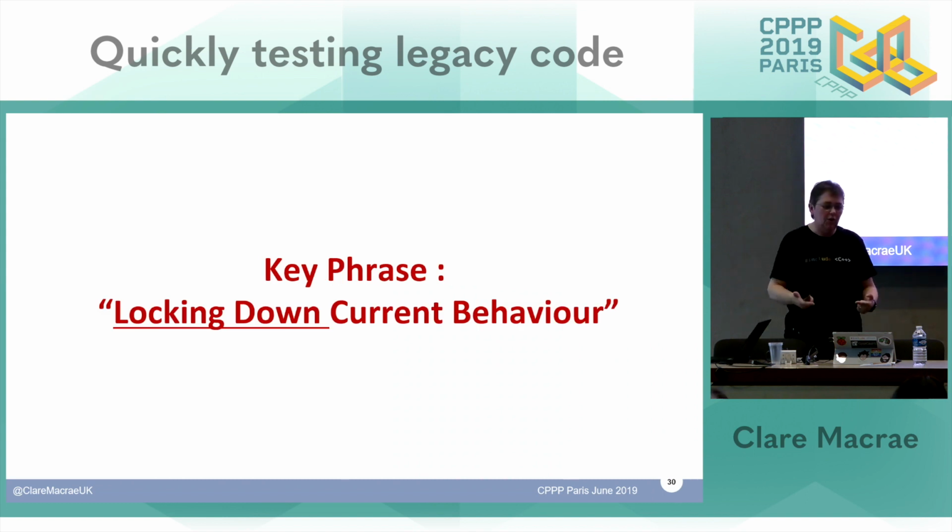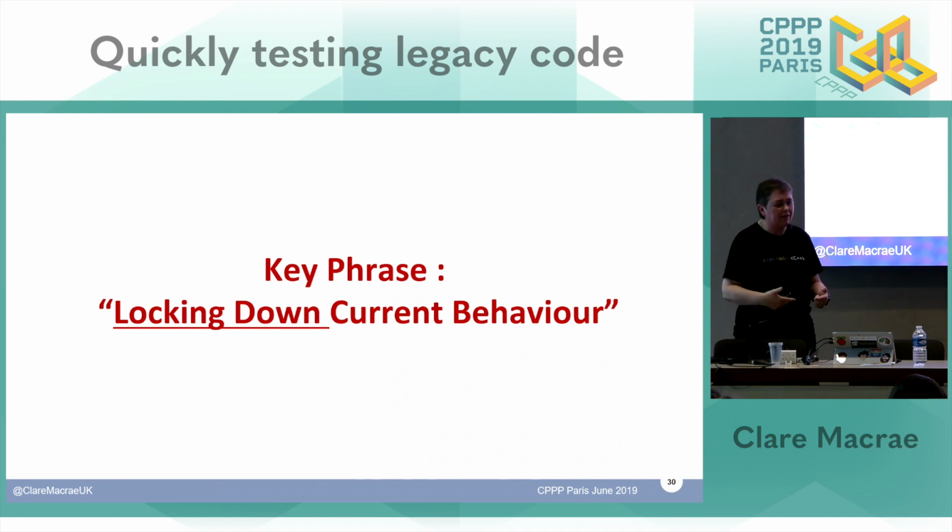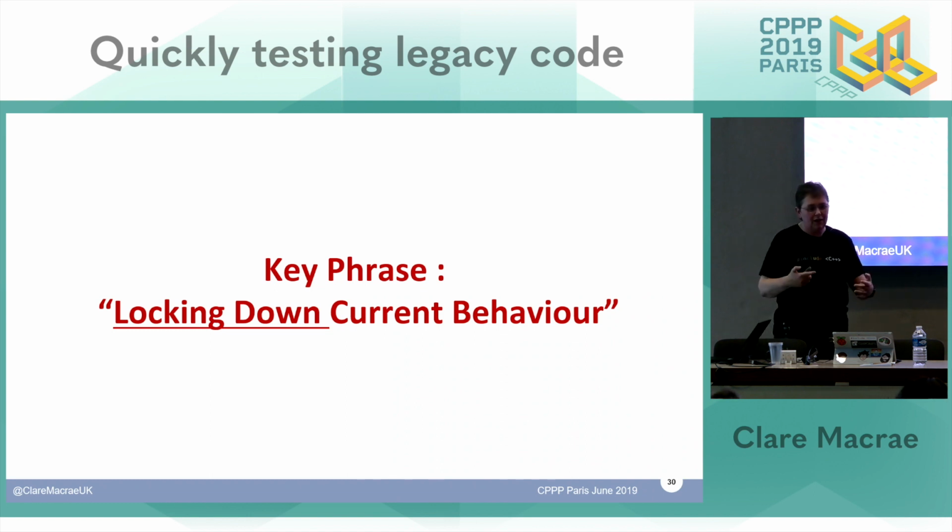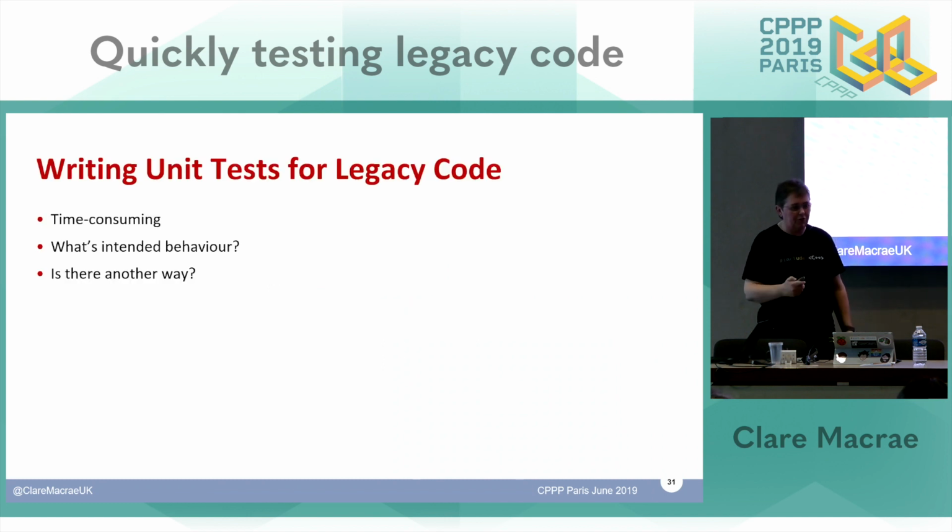People who work a lot with legacy code and are really practiced in refactoring talk about locking down the current behaviour. That's a really, really key phrase. You don't know anything about the current behaviour, you don't want to start reasoning about the behaviour yet, but you want a way to make sure that if you change the behaviour, you find it out. Get feedback soon. So locking it down, making sure that you can detect unwanted changes in program state, program behaviour.